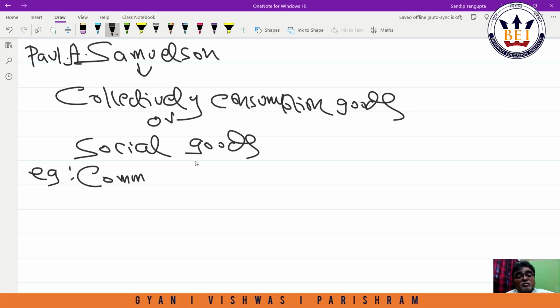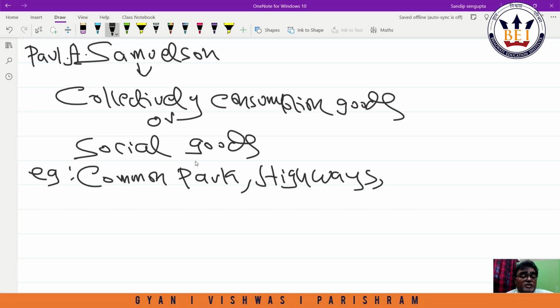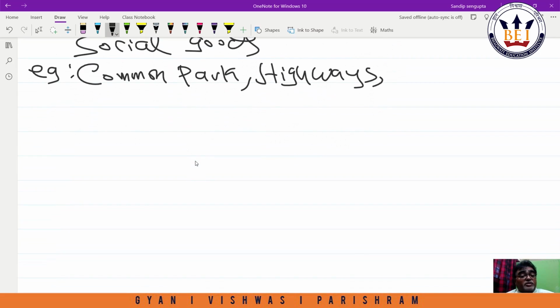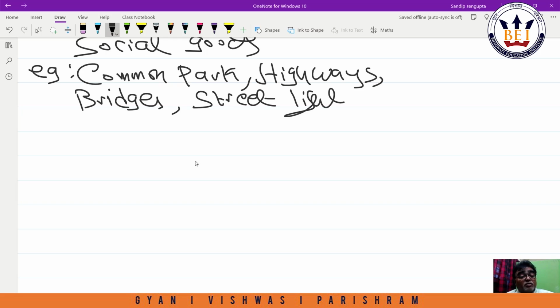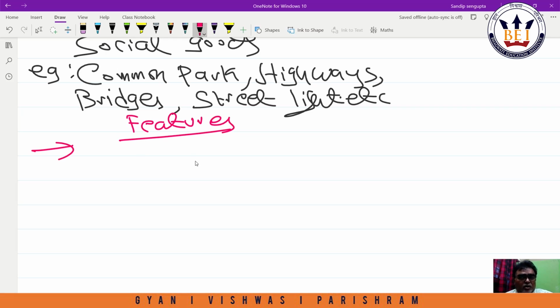Example: common park, highways, bridges, street light, etc. What does it mean? If you visit this common park, no one can prohibit me from visiting. So now come to the correct features. There are many features of public goods, but here we require 2 to 3 points. First, it is